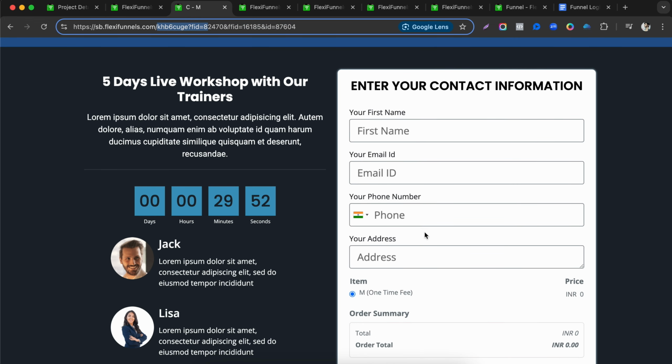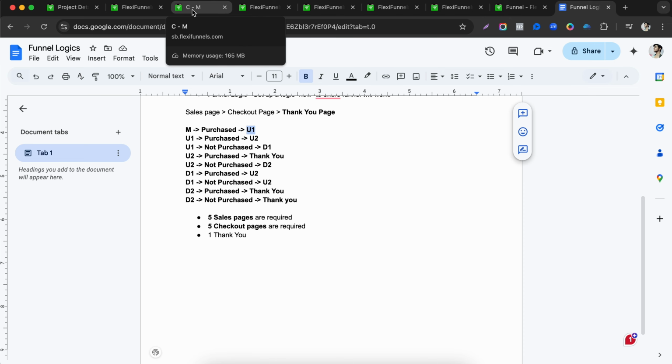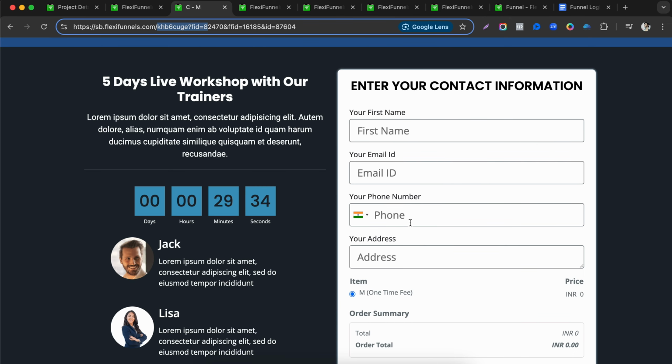Now what we are going to do, we will just make the payment, and once I make the payment, I will be redirected to the next step. And what is the next step? If I purchase the main product, then it will take me to the U1. If you can see over here, you can see the name of checkout of main page. When I fill the details of this one,